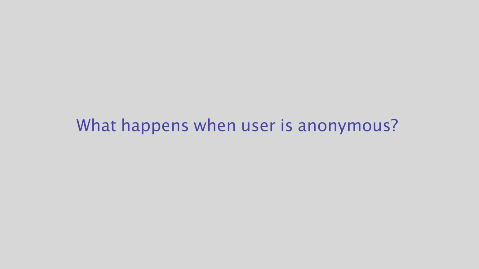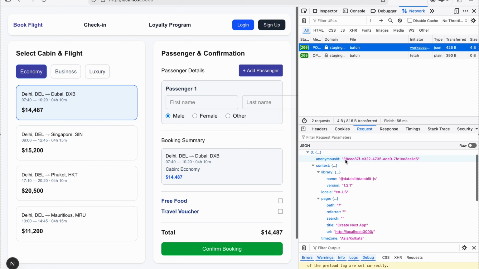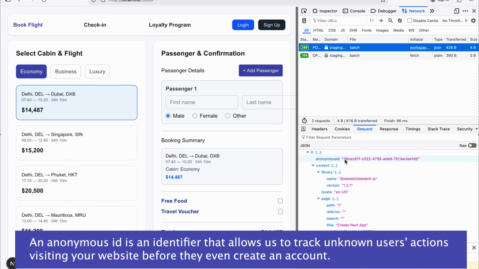Now let's try the same thing with an unregistered user. When an anonymous visitor selects a flight, DataBlit automatically generates an anonymous ID for all the visitors and existing users. An anonymous ID is an identifier that allows you to track unknown users' actions visiting your website before they even